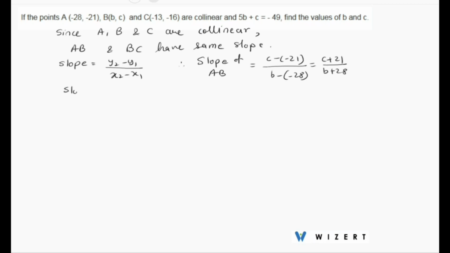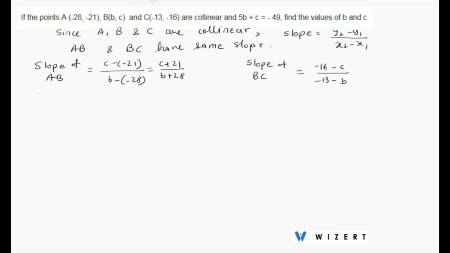Slope of BC is (-16 minus c) upon (-13 minus b). Let me rearrange these equations a bit. Yes, now these slopes have to be equal, so (c + 21) upon (b + 28)